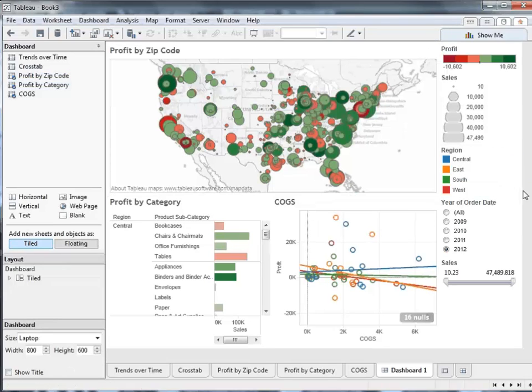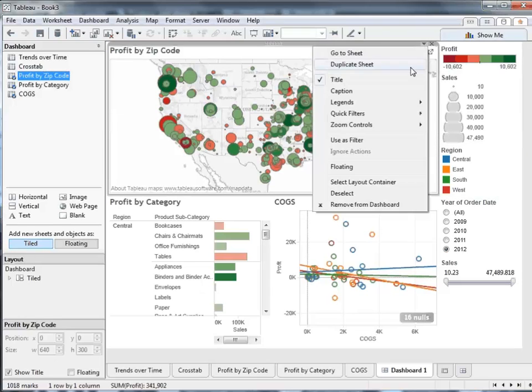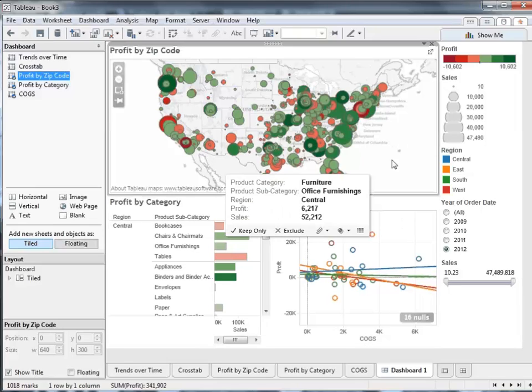But sometimes you don't want to have to include a widget on the dashboard to enable interactivity. You might want people to make selections in one sheet and have other sheets update based on that selection. I can do that easily in Tableau with the Use as Filter option on any worksheet. Now, whenever I make a selection in this sheet, the other sheets in my dashboard will update to reflect the